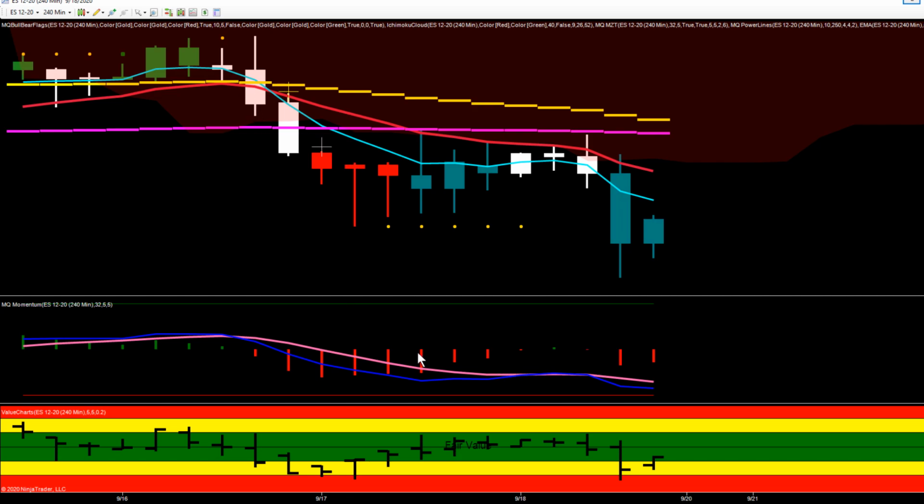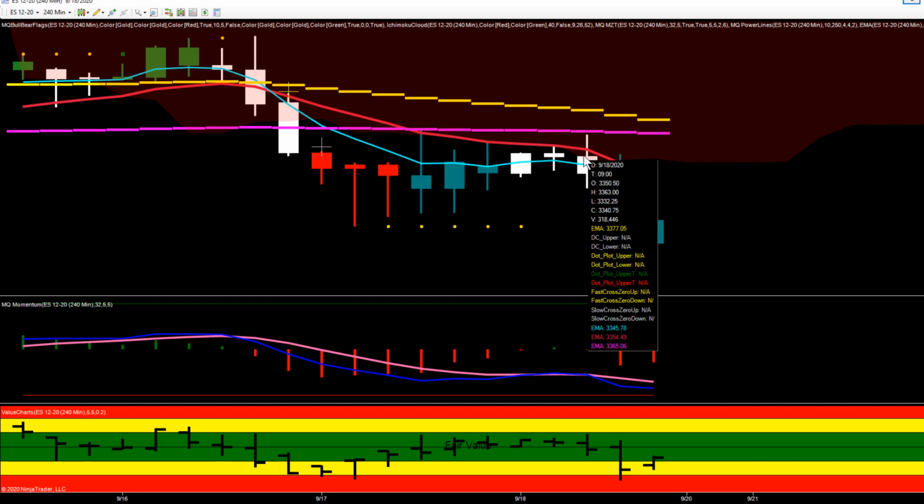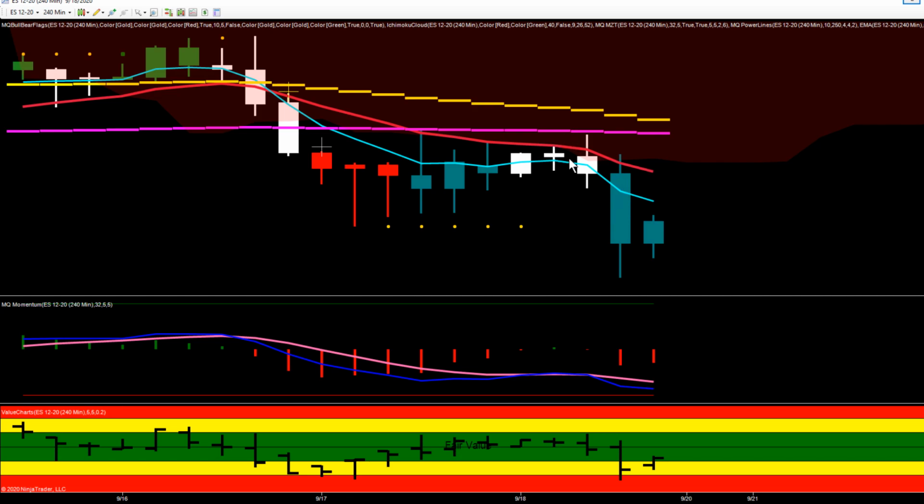We have price pushing down, kind of pulls back, consolidates. We get one positive histogram and then right back to negative. And that's exactly what we had here. We had a push down, consolidated, pulled back, and then another pretty strong push down. We triggered this reversal doji right there. We triggered that under 33.32, and that was good for a 50-point run to the downside in the ES, or